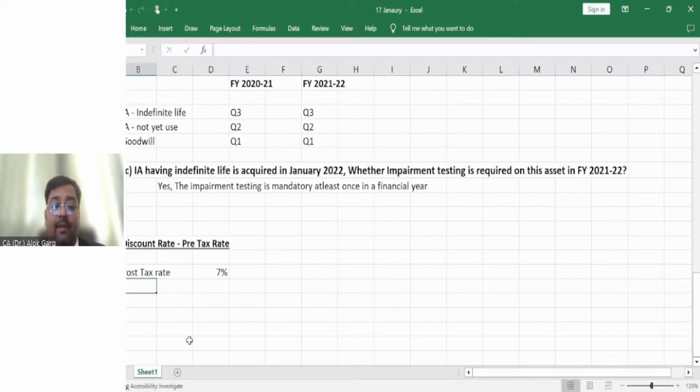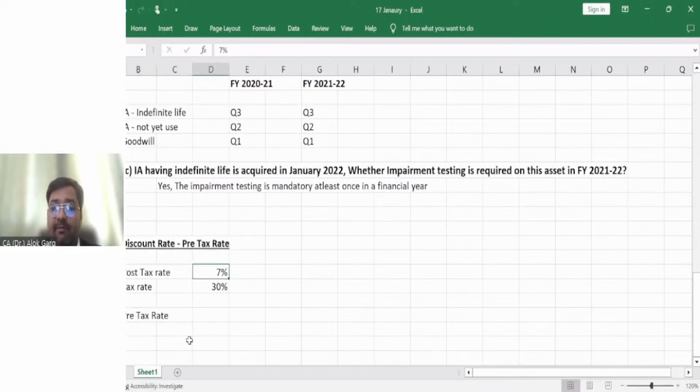And the tax rate is also given, which is 30%. What is your pre-tax rate? If the post-tax rate is 7%,